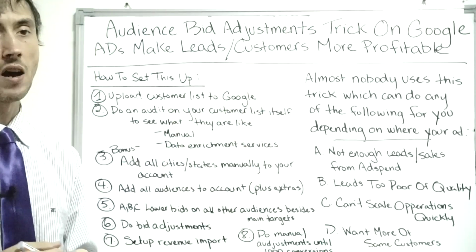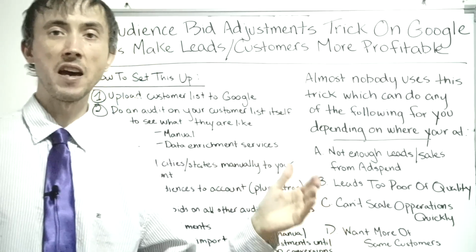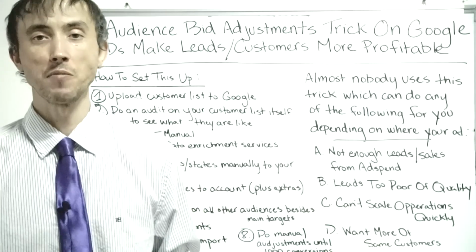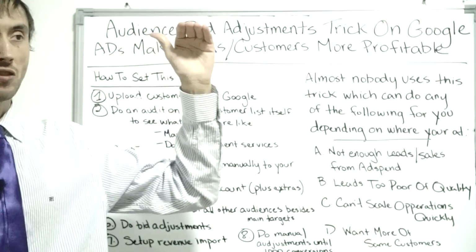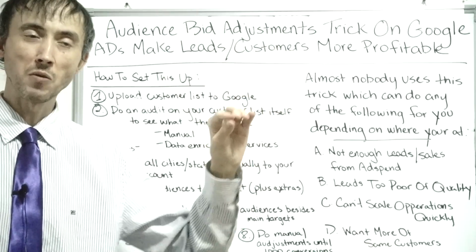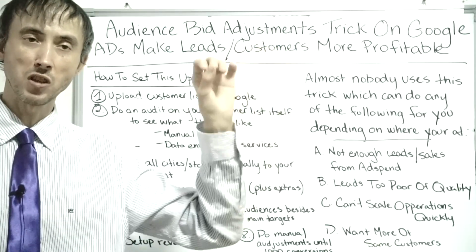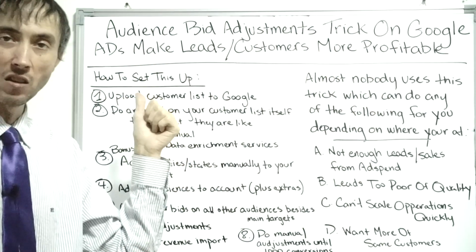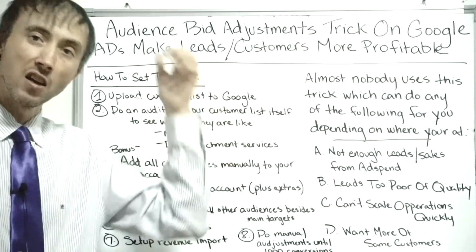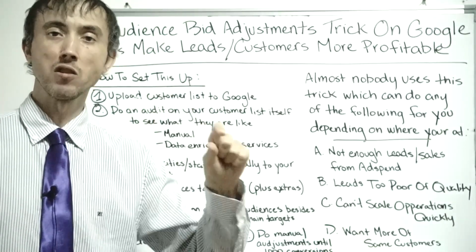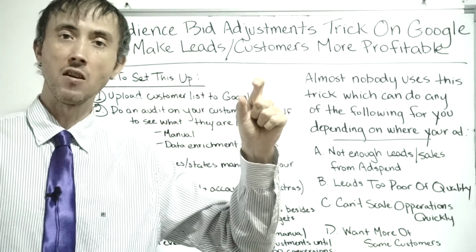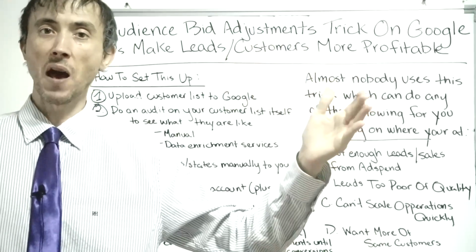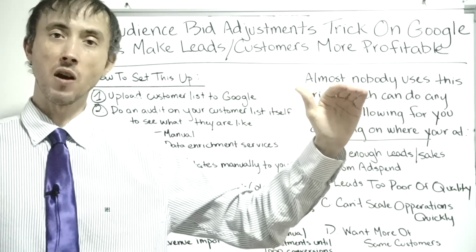So the traits that match the most of the people on your customer list, they'll tell you what those are. What you'll find out is some weird stuff, like people that like to do magic, which is a hobby, if you will. Your best customers, the trait that was most commonly on your customer list that most of your customers fit, was that they like magic. Well, once you know that, you could add that. If you can't see where we're going here, you add that as an audience on your campaigns, and then adjust your bids up for that, or single out the people that are interested in magic, because that gets you the actual customer you want, not just any customer.